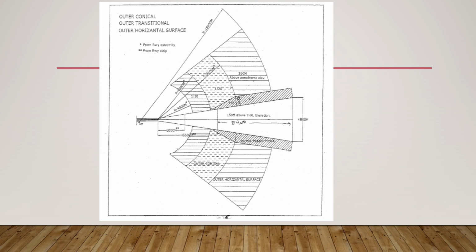Likewise, there is an additional surface which has been developed at a specified divergence from the outer conical surface till the outer horizontal surface, at a specified divergence rate with a slope of 14.3%. We will discuss this in our next presentation, which would be based on GSR 751E. Till then, this is